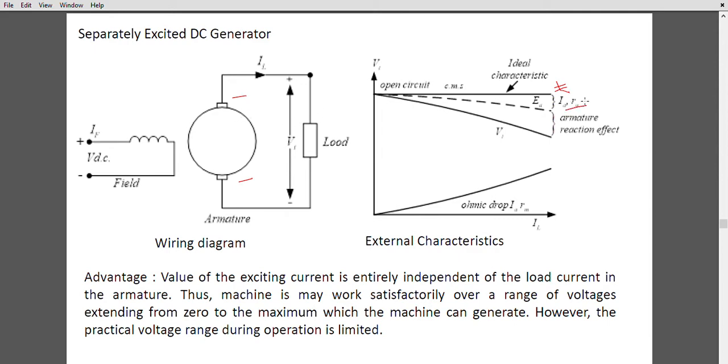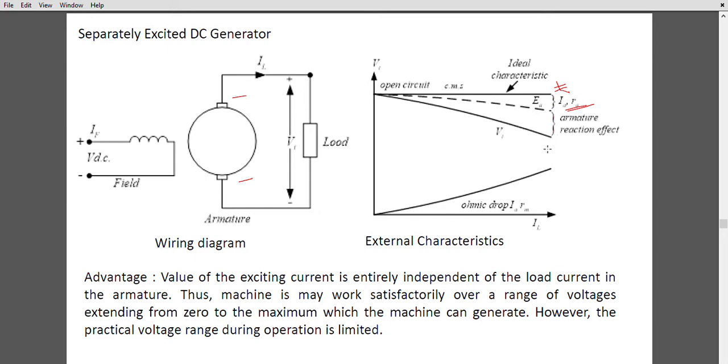So this is the IARA which is dropping, and EA is the resultant output voltage. Now due to armature reaction, this voltage again drops to a certain level, and this VT is the actual output voltage of the DC generator in case